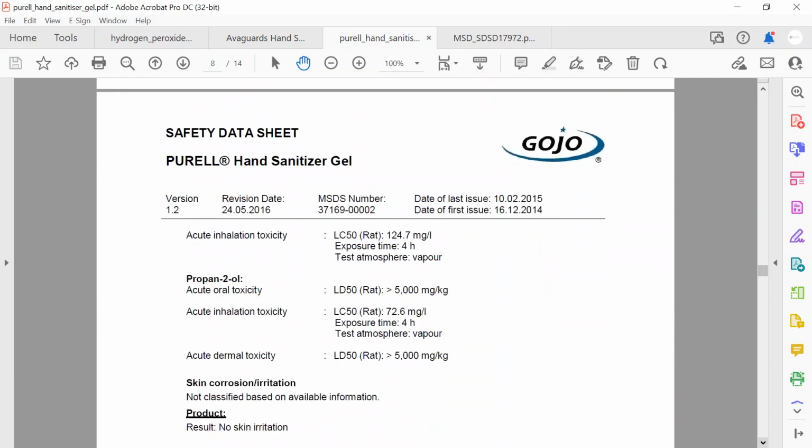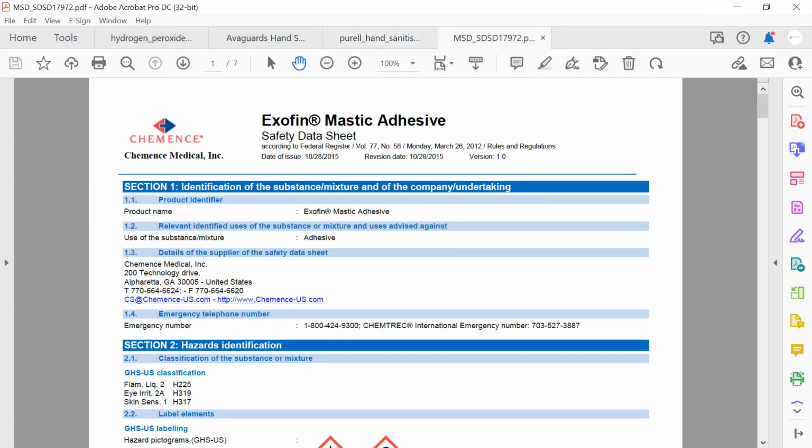And that there is an acute inhalation toxicity. So be very cautious with those items as well. And then our last one we're going to review, a lot of us are seeing this more and more in our workplaces because of